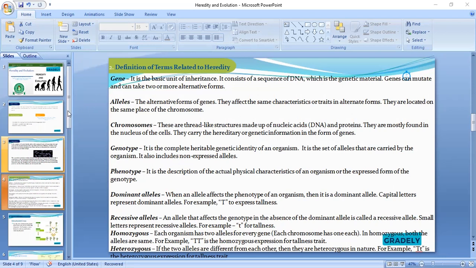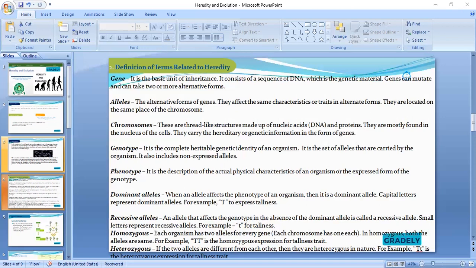Now when we're talking about the gene, we say that it's the basic unit of inheritance. Just like when you are defining a cell, they ask you what is cell, you say that cell is the basic unit of life. So when we're looking at gene, we're looking at it as the basic unit of inheritance. Just like every living organism starts with cell, every form of heredity in the living organism starts with what? Gene. Just as when you're talking about the level of organization of life, you say from cell level to the tissue level, from the tissue level to the organ level, from the organ level to the system level, then to the organism. Same here in heredity. First off, we look at the gene. Are you getting it? It's the basic component.